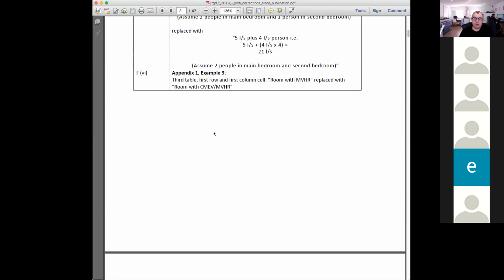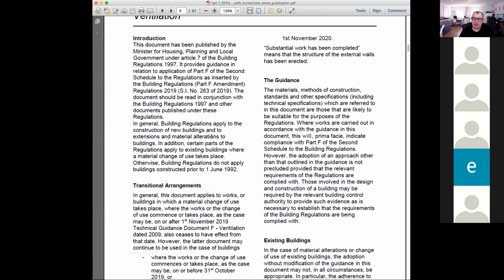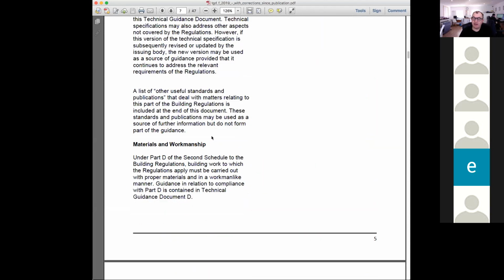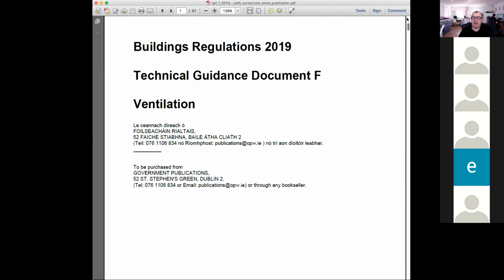So we saw the building regulation. If I skip through, we're just going to skip through this. I'm going to put it up online so you can read it in more detail later. So there's the actual regulation. This technical guidance document is the